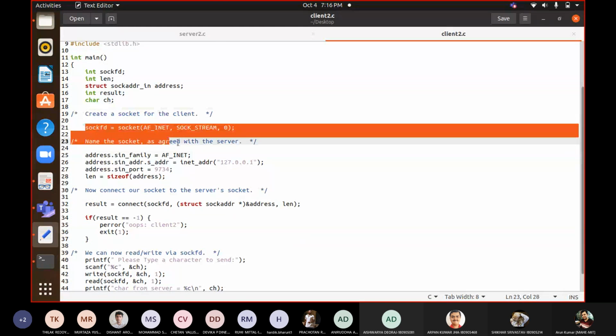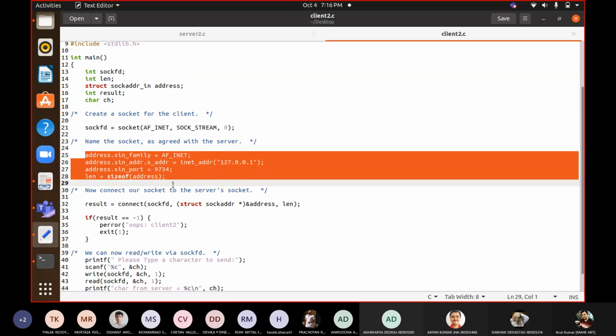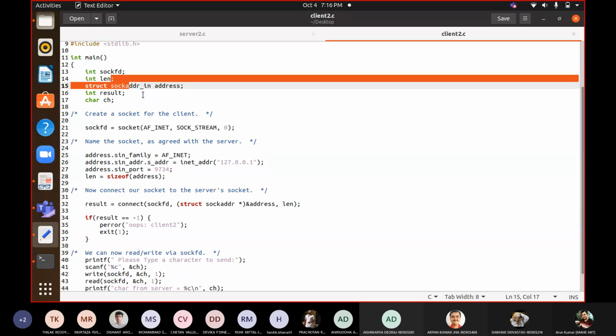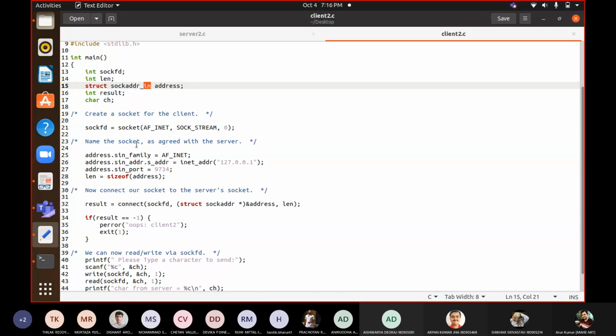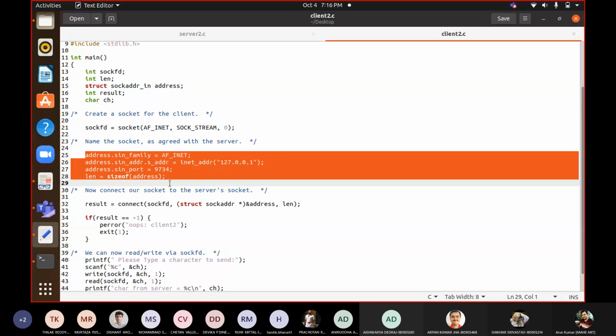Finally, here the first and foremost thing you are doing is the creation of the socket, and the socket arguments you know very well. After creation of the socket, obviously you have to fill all the details corresponding to its address. So you have created one socket address, which will hold all the details corresponding to that socket, and it is of type sockaddr_in, meaning for the internet type. You know all these things already; I have explained them, so I'm not re-explaining.